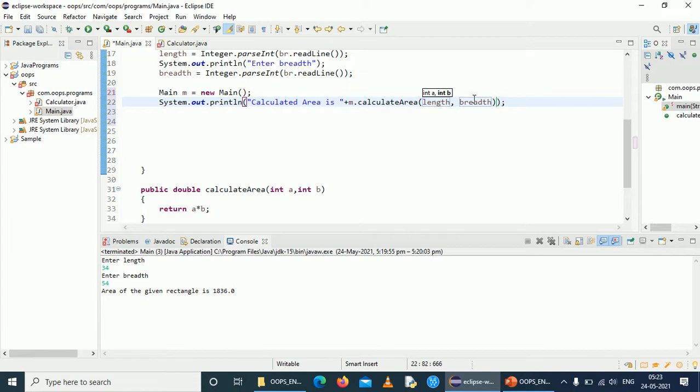This length and breadth will be automatically labeled as a and b when the values are passed on to here, and then a star b will be calculated and returned as a double value to the place where it is called. So it is called here. The output will be printed along with the value: calculated area is some value.